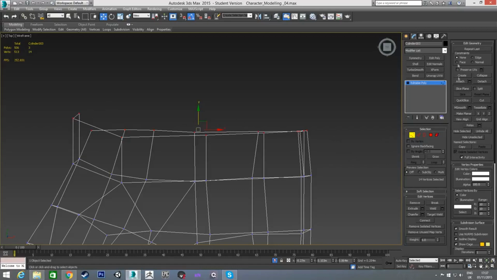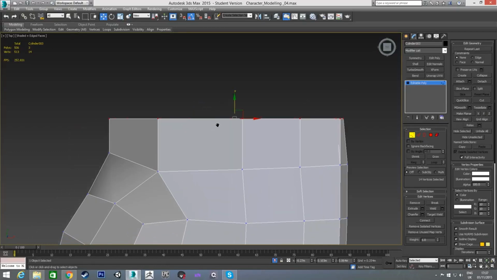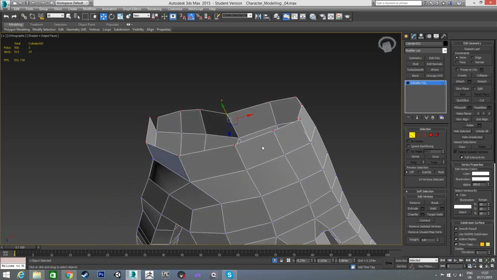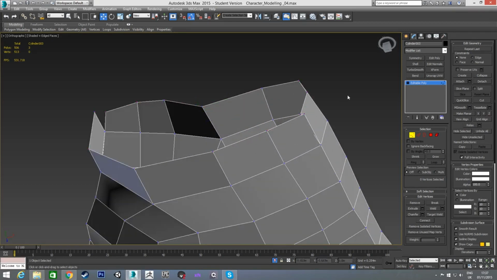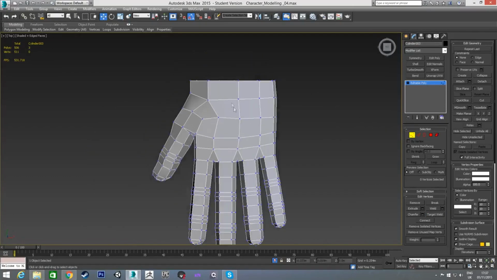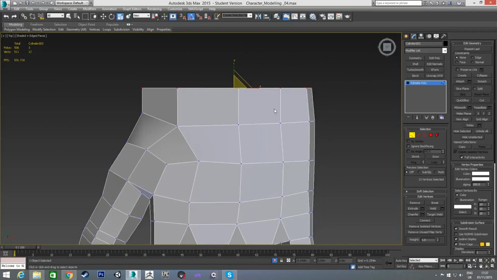So what I'm going to do now is go over to edit geometry and go down here to make planar, and I'm going to make planar on the Z axis. So it's going to line all these up like this. I'm going to exit the wireframe, and before I do anything, I'm going to weld these vertices together and these vertices together. So now in our top view, what I'm going to do is select all these and go to scale and scale them uniformly,